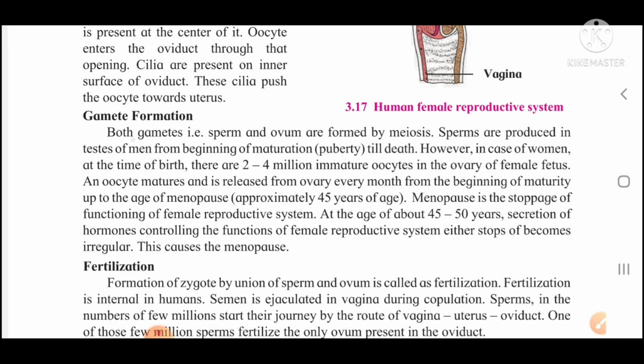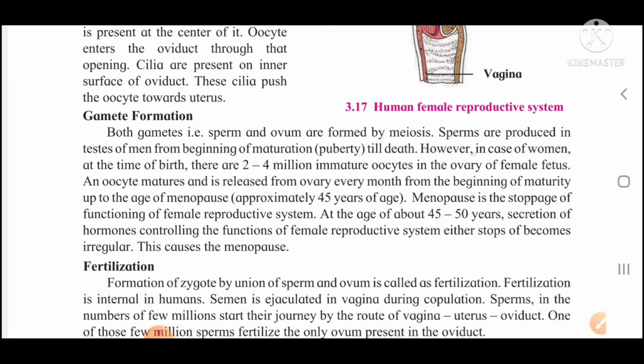Sperms are produced in the testes of men from the beginning of maturation, puberty, till death. Okay, they are produced in the testes, as you have seen earlier in the human reproductive system diagram, a male reproductive system. In that you can see the testes, okay. Sperms are produced in the testes of men, और ये प्रोसेस चलता रहता है लास्ट तक, जब तक वो जीवित है. However, in the case of women at the time of birth, there are 2 to 4 millions of